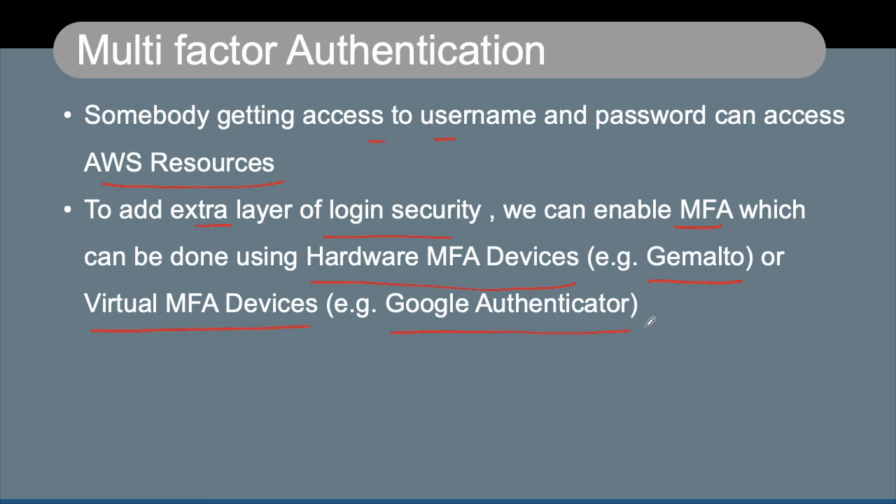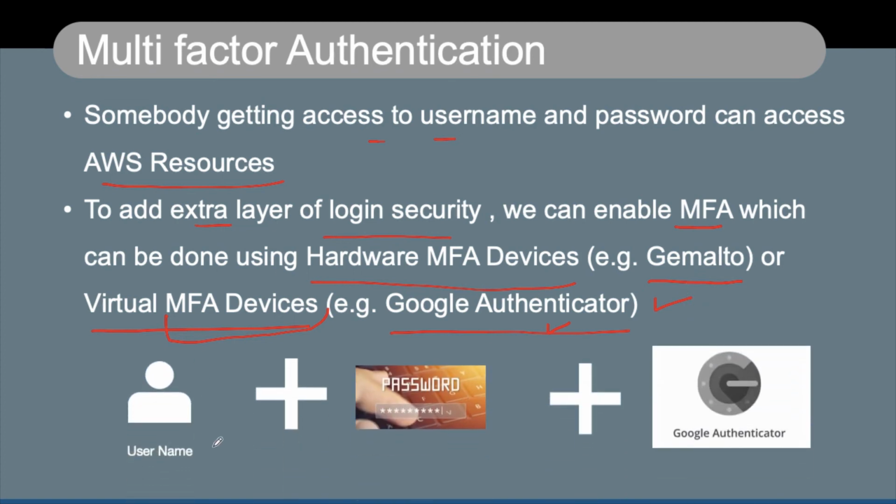There are multiple apps and multiple devices which are available to do MFA. However, just to take an example, we have used Gemalto and Google Authenticator. So you simply need to install this application in a mobile phone, and absolutely no issues. If you lose your phone, you can easily, by using a different mechanism, break this MFA alignment with your AWS account, and you can also do it by using the AWS support. So it gives you an extra layer of security. So without using this Google Authenticator app, nobody will be able to access your AWS account.